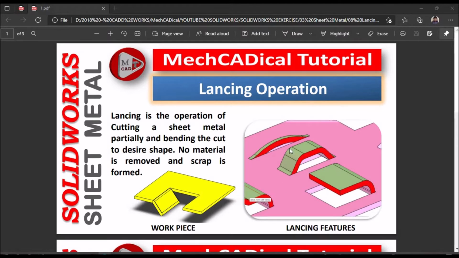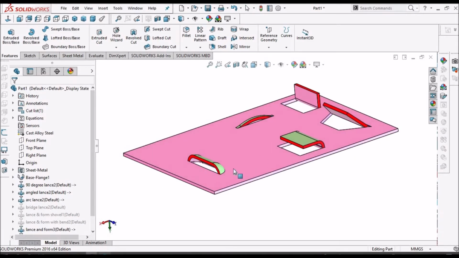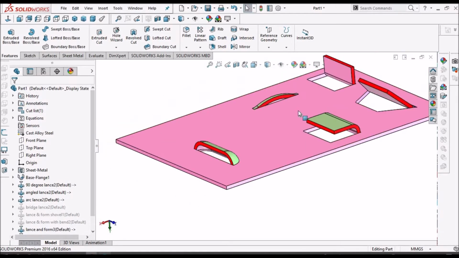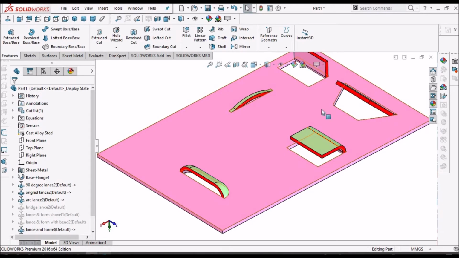So these are a few lancing features. See here in this sheet metal part, you can see this is the lower, and this is arc length and this is bridge length. So there are many features we can create in SolidWorks.